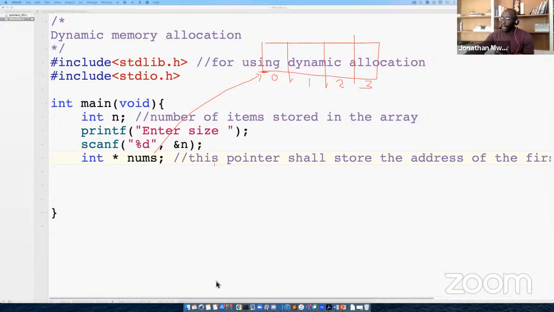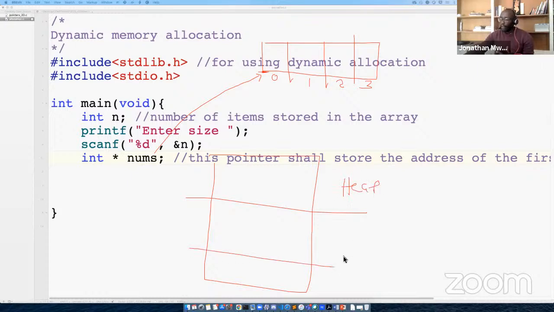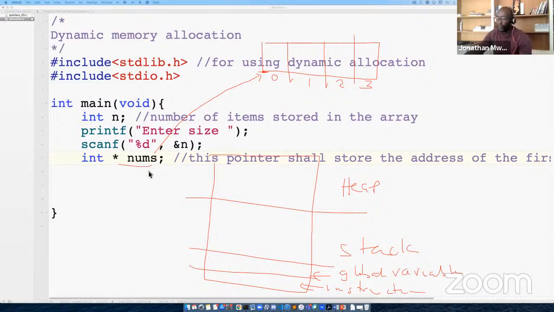And if we go back, remember, we are going to have the heap here. This is going to be our stack frame. And of course, we said that this section here is storing our instructions. And this one is storing our global variables if we have any. So remember what we said, pointers are variables that we use to store addresses.